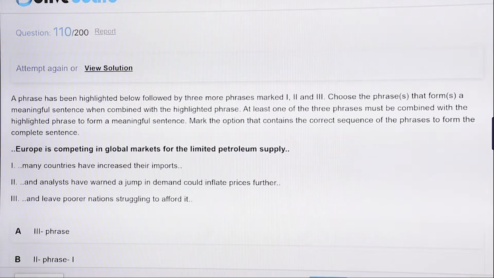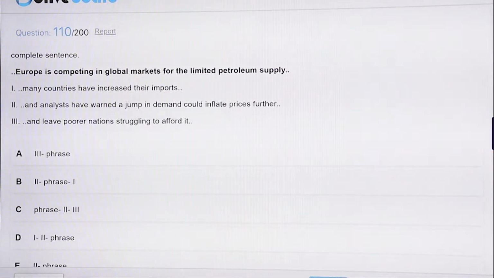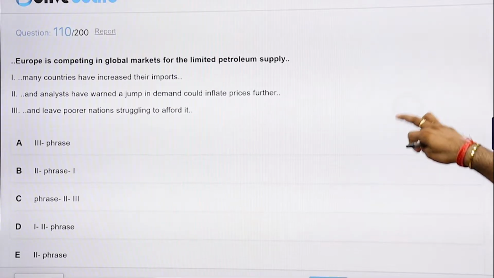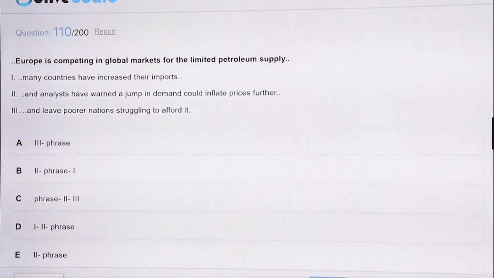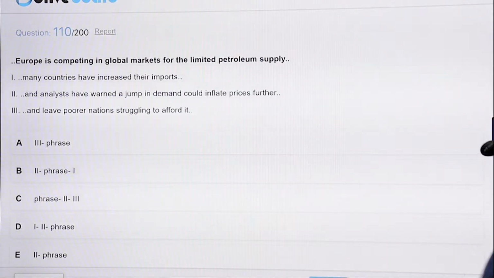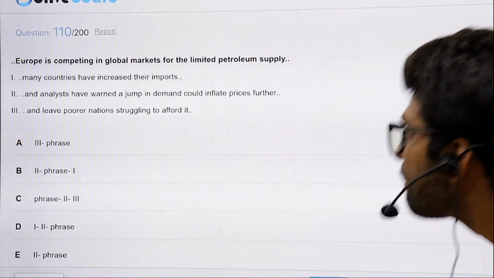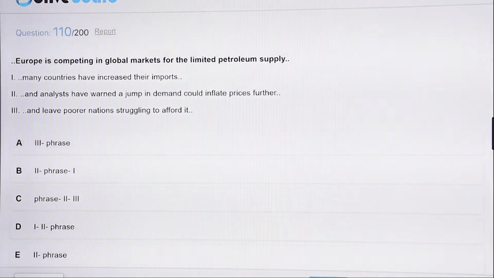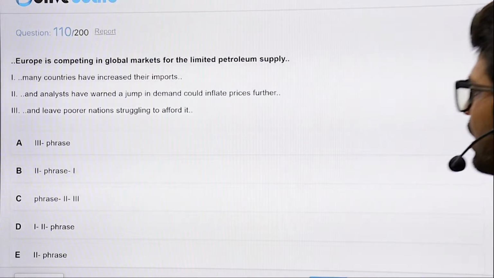Okay, last, before we head on to the RC. Europe is competing in global markets for the limited petroleum supply. Can start with this. Should I check this? Because it's the only one starting with the phrase. Europe is competing in global markets for the limited petroleum supply and they have warned a jump in demand could inflate prices further and leave poorer nations